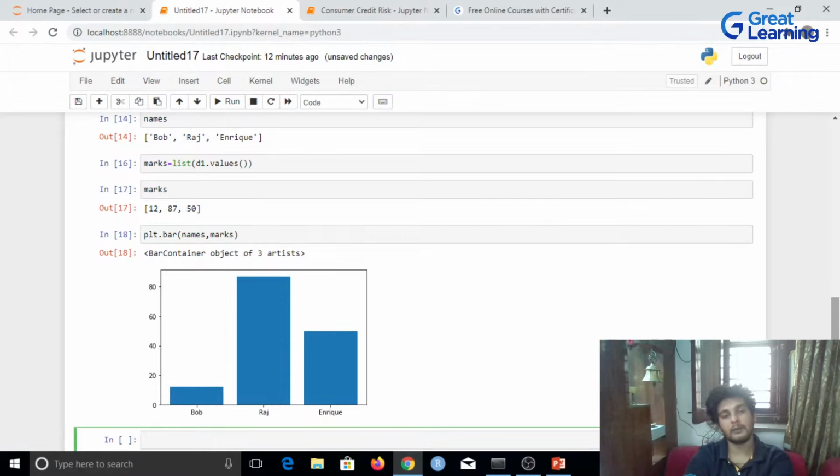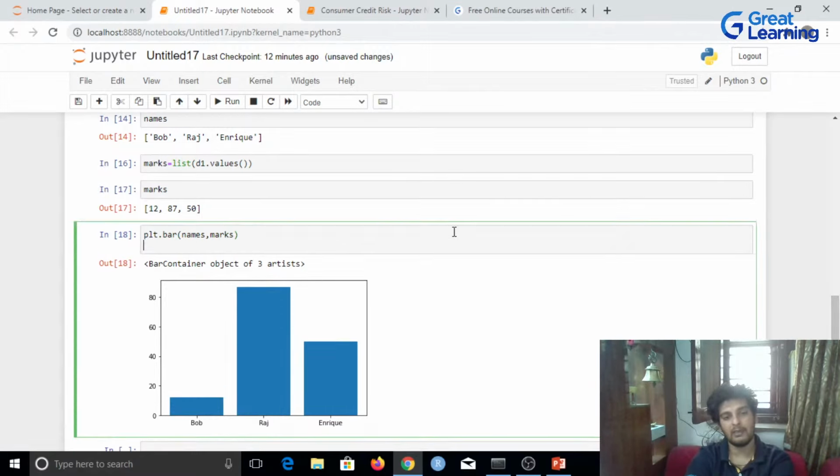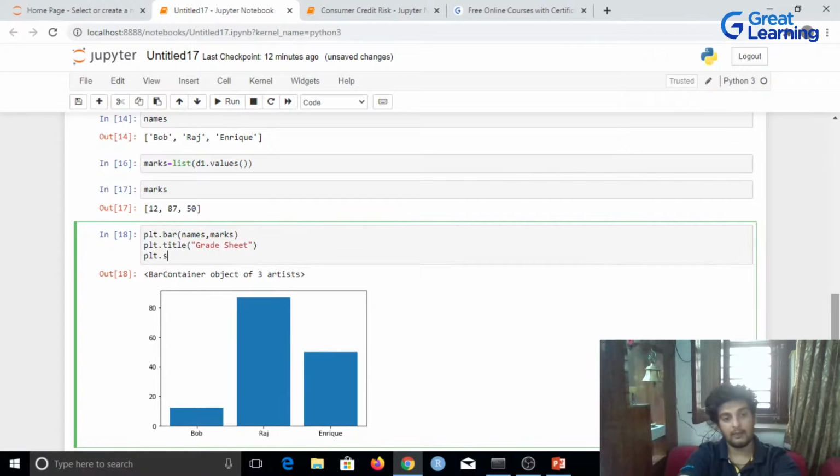Now let me go ahead and also add the title, the x-axis label, and the y-axis label for the same. So I'll write down plt.title, and I'll set the title as grade sheet. Then I'll have plt.xlabel, and inside this, what shall we call this? We'll call this names of students.